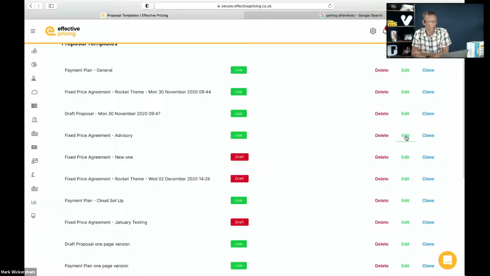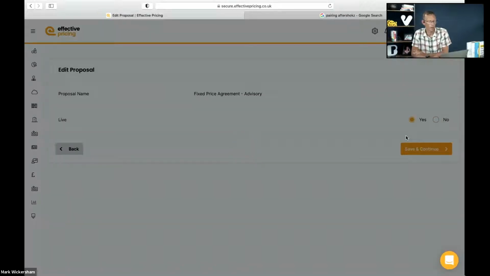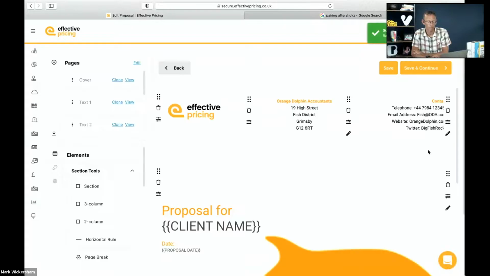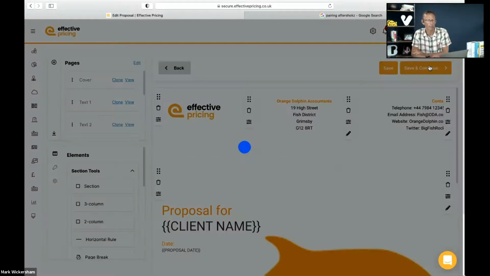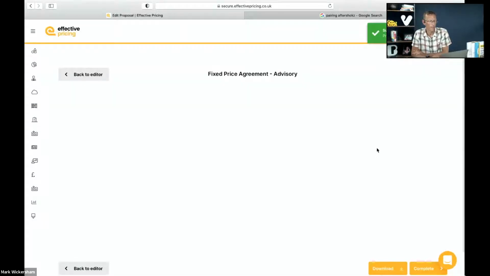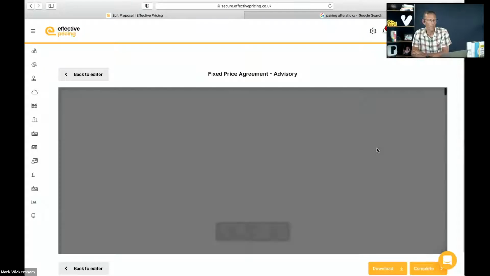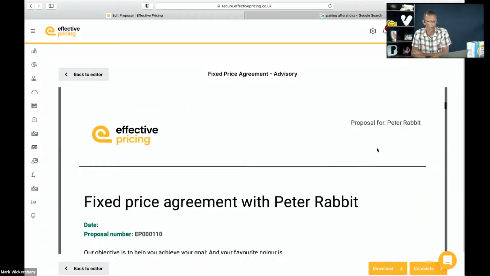If I just hit the edit button, what I've done for you is I've also pulled across a sample proposal that you can use. And in that proposal, in the appendices, I've already pulled in the tables that you will probably want to use. So if I just flick through this one,